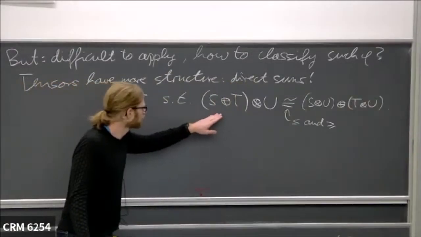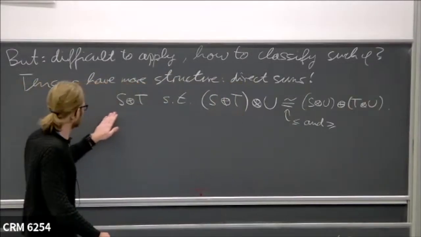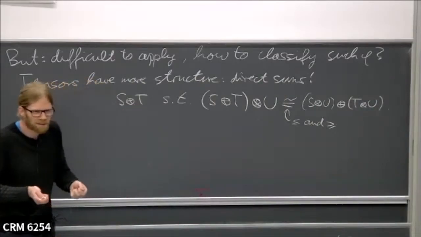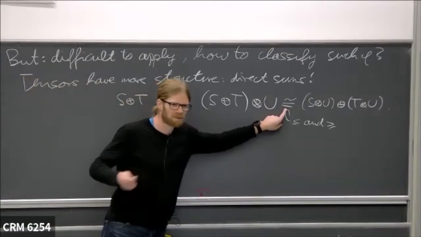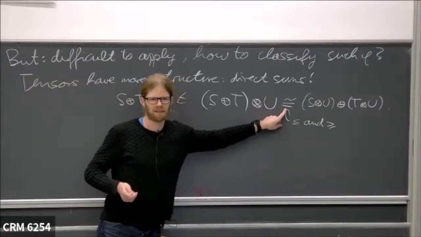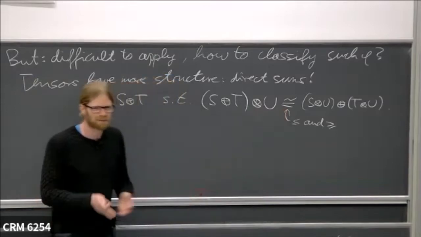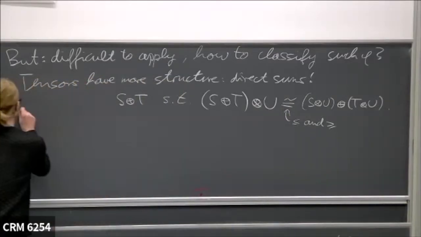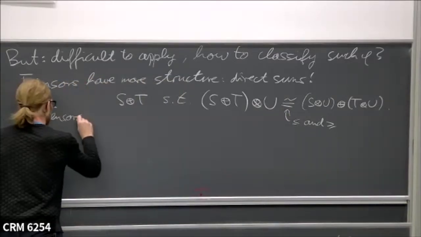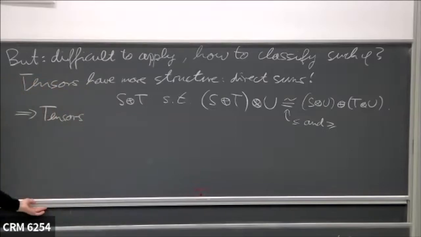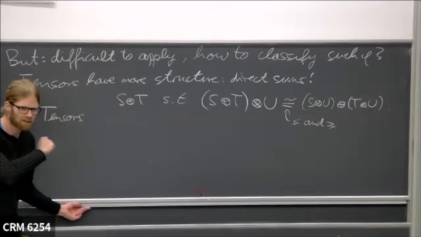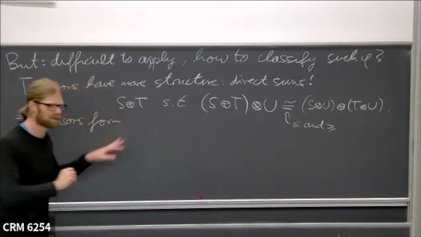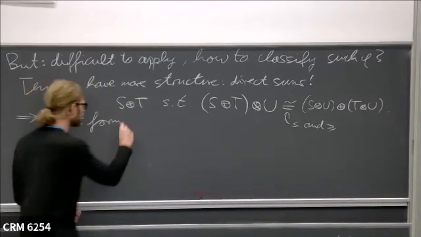Also, this direct sum is obviously again associative and commutative up to preorder equivalence, and has a neutral element given by the zero tensor in 0 dimensions. So that means that tensors, and this is where my formal developments really start, form, and I'll write down the definition in more detail in a second, an ordered